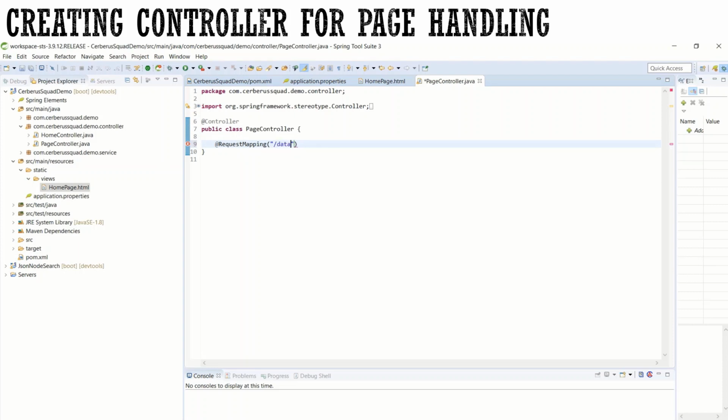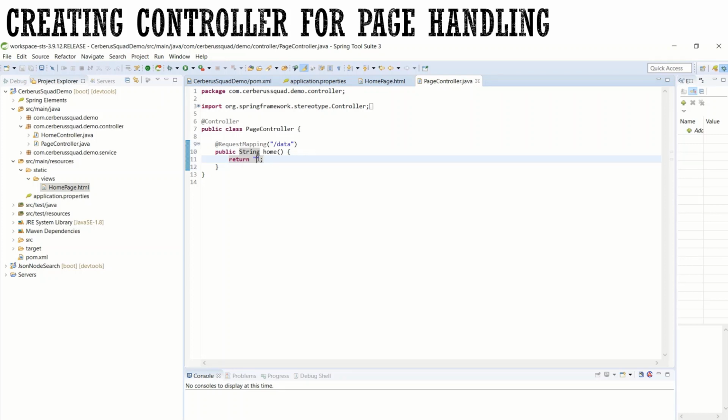So this is the URL for calling the templates. Now let's call the template here. Public String, any method name, I just give home. Now inside this I'm calling return, double quotes, semicolon.